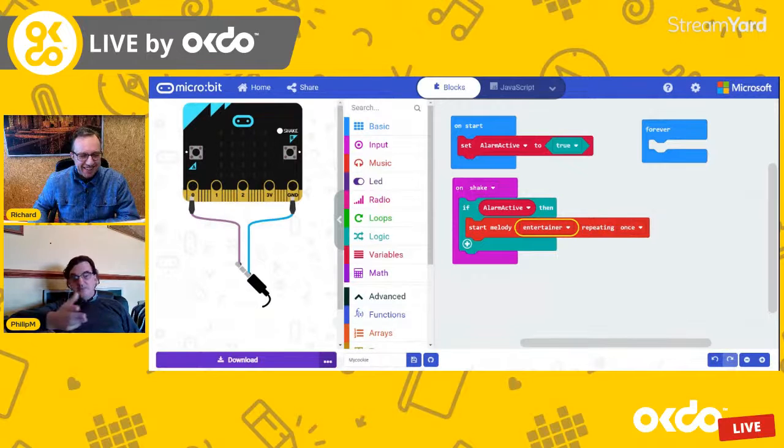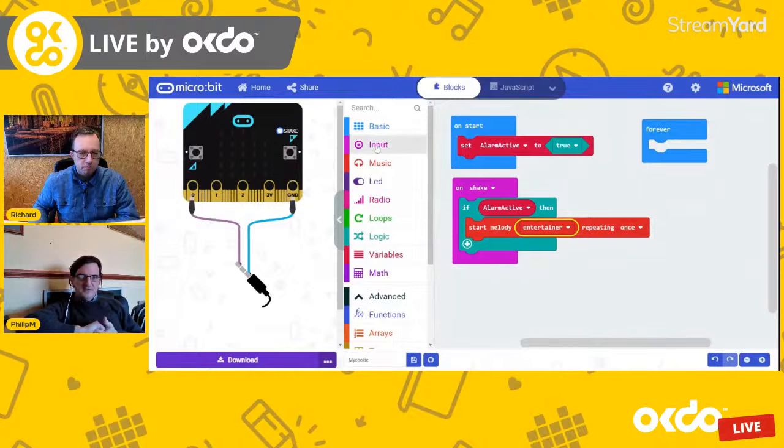To be fair, we've actually built a working cookie jar alarm system with what you've got on screen at the moment. You could flash this code onto your microbit, put it on your cookie jar, and it will work fine. When someone opens the jar, it will play the sound, but it will always play the sound. So we talked about building in a lock system, or an unlock, or a block system, and we decided that we were going to use the presence of a loud noise in the environment to trigger us to turn off the alarm. So Richard, if you'd be so kind,